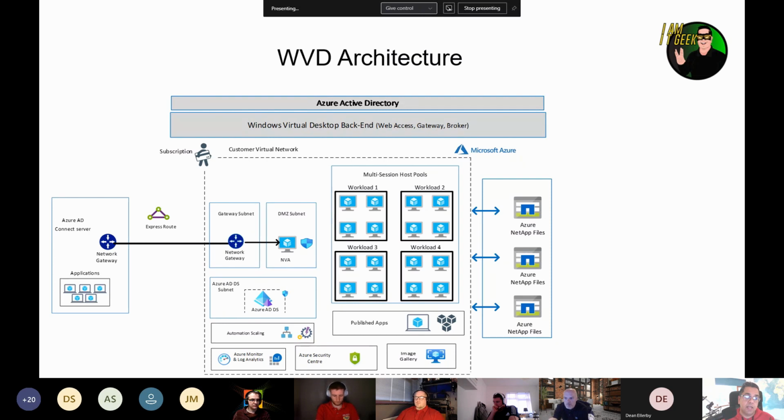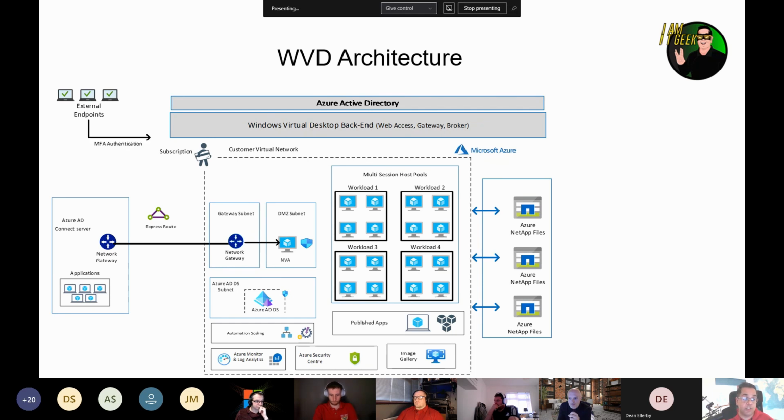And what I really wanted to show with this architecture was the way WVD can integrate with the rest of the Azure ecosystem. And when I'm talking to customers, this is really how I sell it to users and customers. I say, look, it's not just about WVD, it's about how it integrates with everything else. You've got the monitoring, the automation, the automated scalability, all that sort of stuff. And finally, sorry, at the top left, can't forget the users.